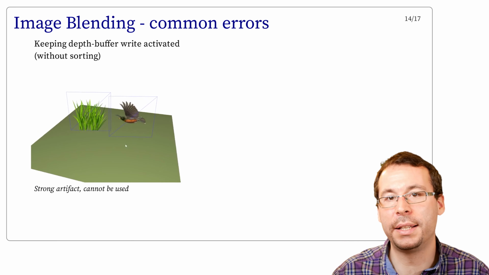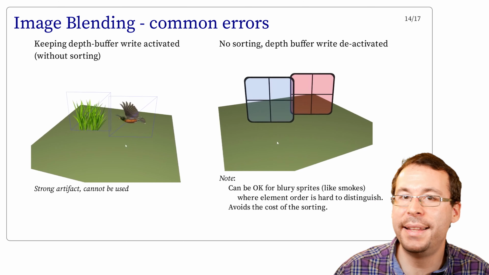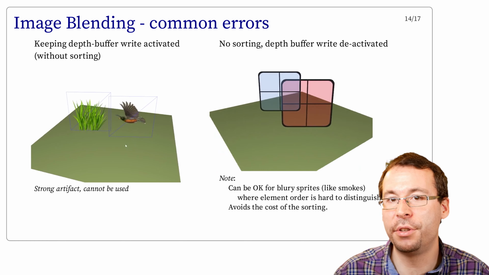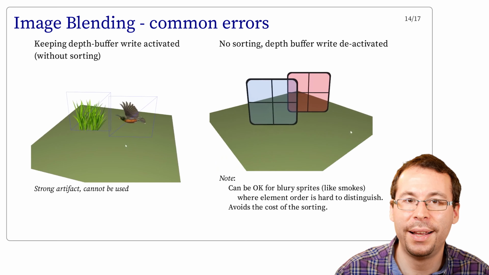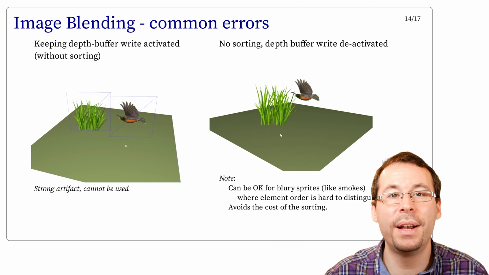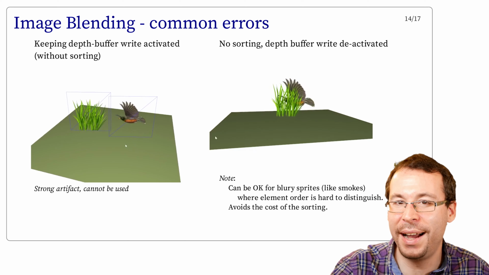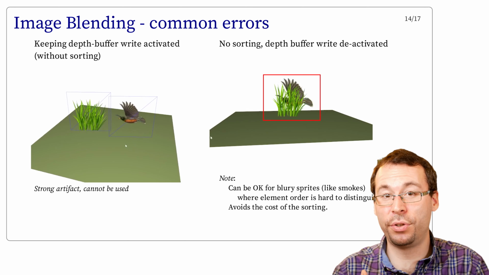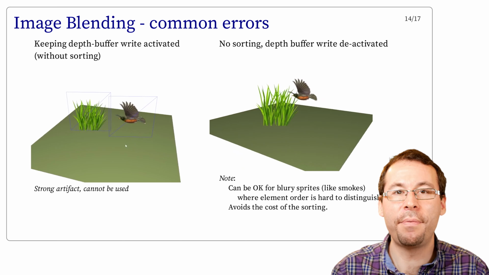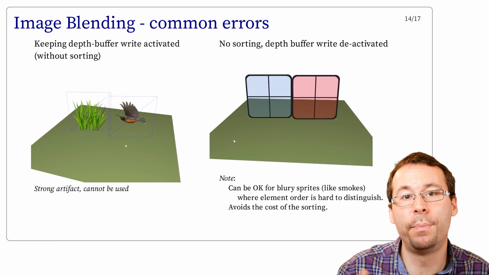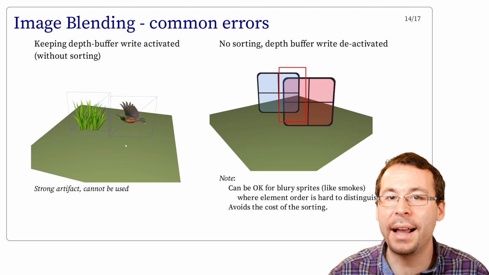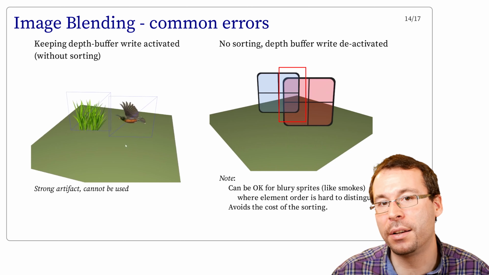And a more subtle effect is obtained when the depth buffer write is deactivated, but the shapes are not sorted. It looks fine in some situations, but odd in others. As there is no sorting, the bird, which is displayed before the grass, is always displayed as if it was beside the grass, even when it's close to the camera, which leads to some odd appearance. The effect is more subtle on the window, but the blue window is always displayed as if it was in front. So its black borders, for instance, are never filtered by the red color.